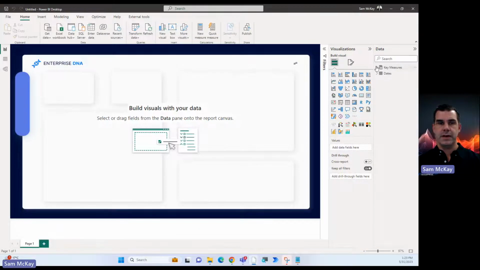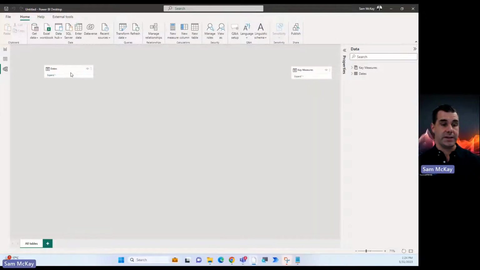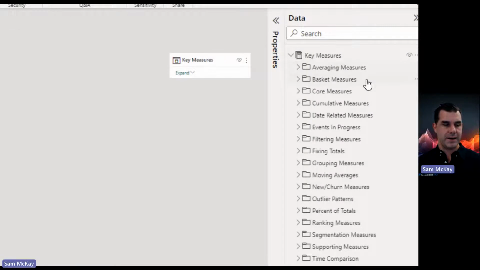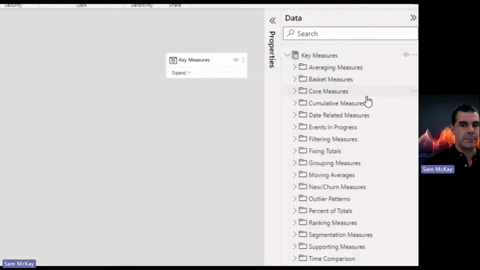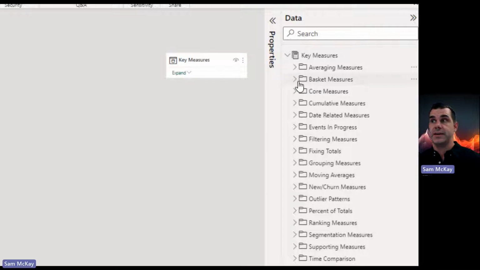Okay, so hopefully you can see my Zoom. Now, remember, our big recommendation is to start Power BI reports with a template. I have opened up a template, and within it I already have a lot of things set up. I have my dates table, which is something we always need, and my key measures table. Within my key measures table, check this out: I have added a lot of my formula patterns all ready to go. I've got a whole range of these already set up in folders, and I'm literally just filling in different parameters within these patterns.